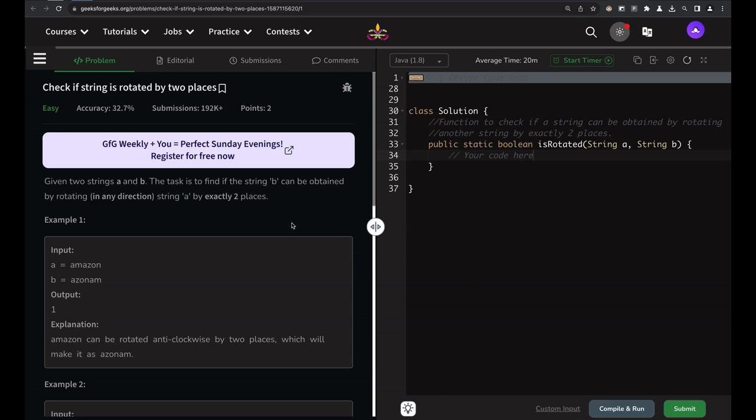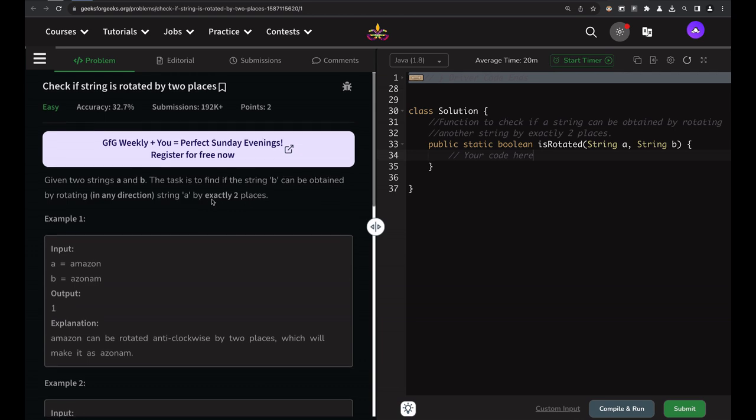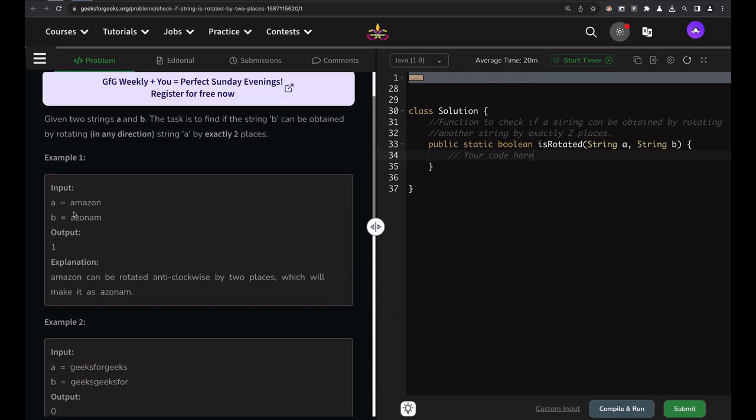It is a Geeks for Geeks problem with an easy tag. It says check if a string is rotated by two places. Given two strings A and B, the task is to find if string B can be obtained by rotating string A in any direction by exactly two places. So it says Amazon, and when it is rotated